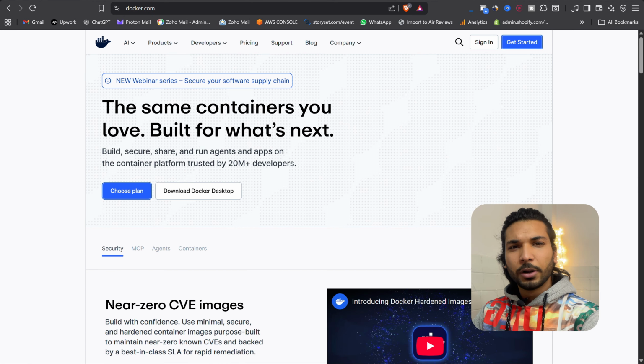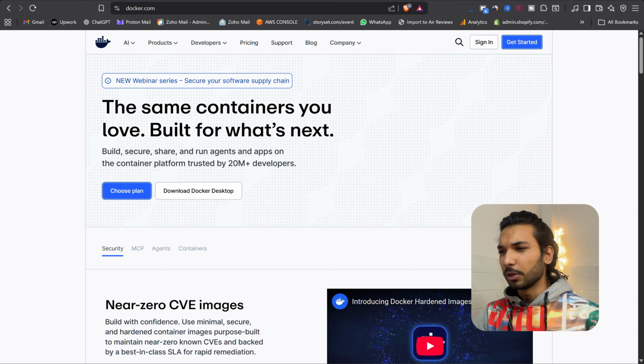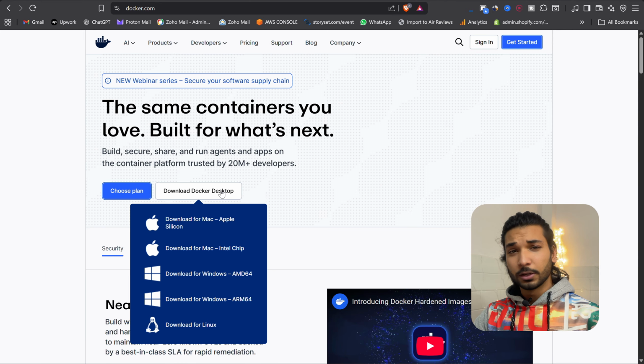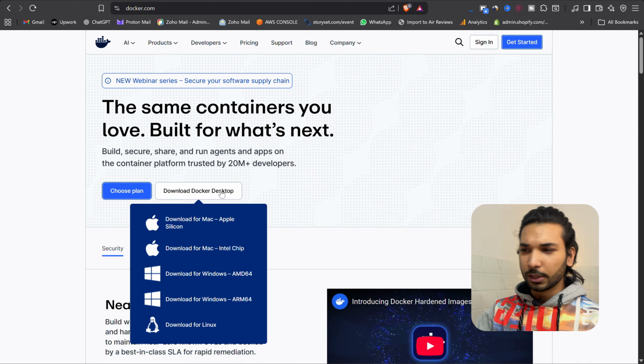So you will need some prerequisites to install n8n. You can just go to Docker. We are going to install it through Docker. So we're just going to come to the Docker website, and here we can see the Download Docker Desktop. There are different options for the operating systems: Windows, Mac OS, and Linux. I've already downloaded Docker Desktop. You can go ahead and install that, and we're going to see the Docker app